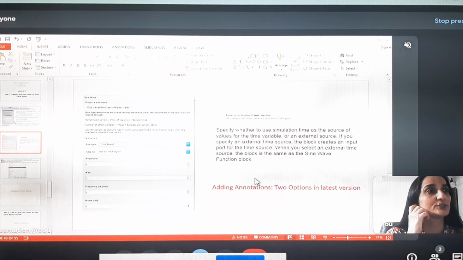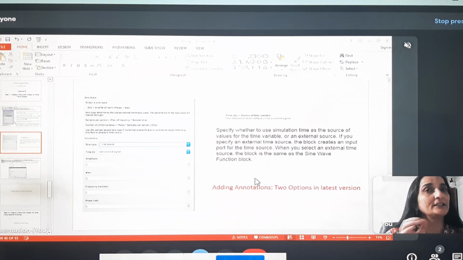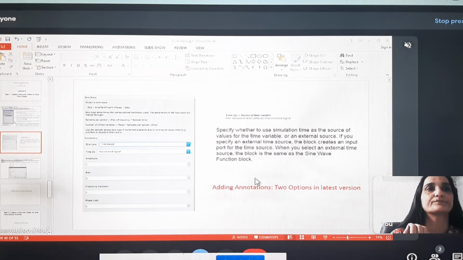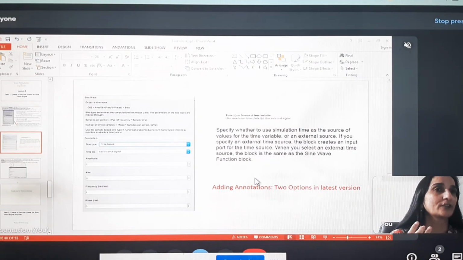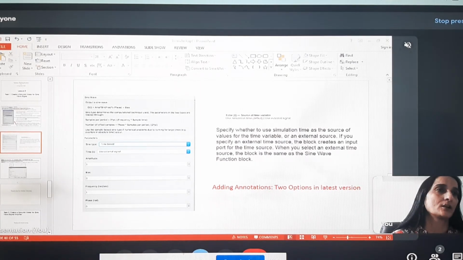Earlier we were using simulation time to define the time signal, or the input signal X. But here we will use some external source, that is a clock signal, which we can have by using a clock. So in this case, we will use 3 blocks: clock block, sine block and scope block to analyze the sine signal output, as if we are analyzing it on an oscilloscope.